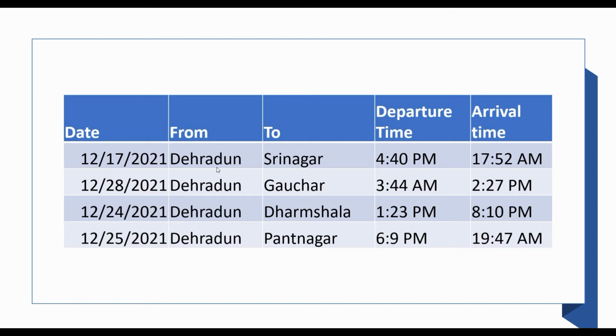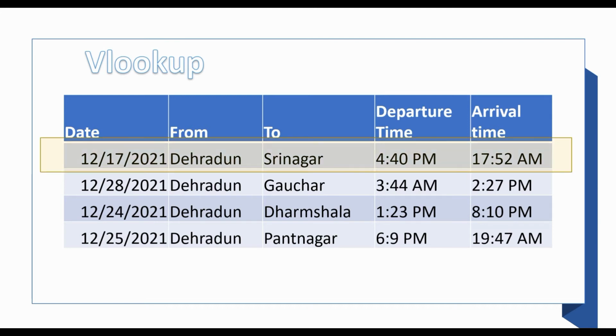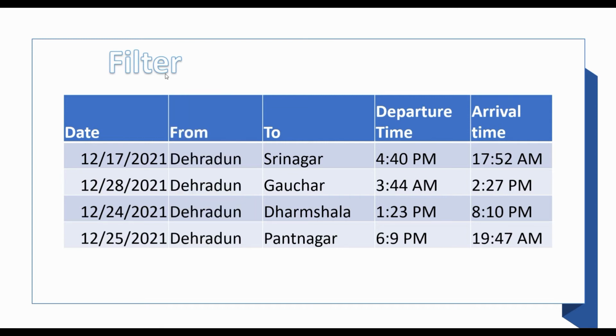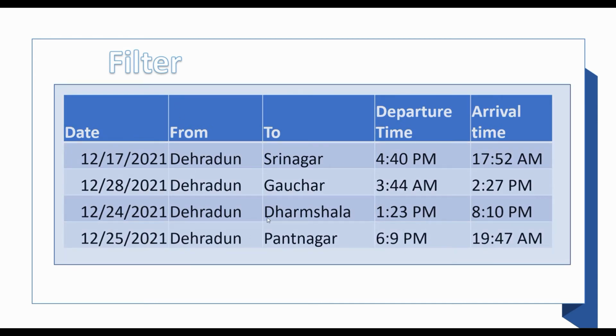This is similar to our lookup function. If we look up Dehradun in our source list and we return our destination values on the basis of that, the only problem with our lookup function is that they cannot return multiple matches, which is where our filter function will come really handy. We will search Dehradun or our cell value in our source or from column, and based on that we will return the destination column values. I think this should clarify a lot of things.